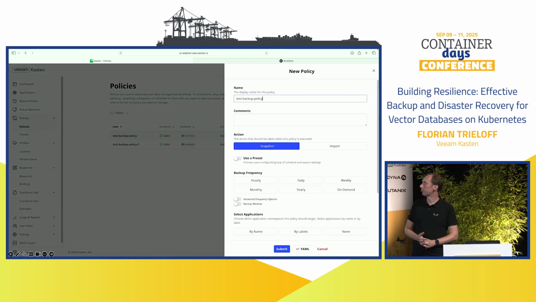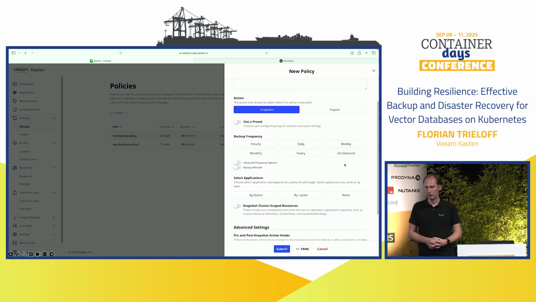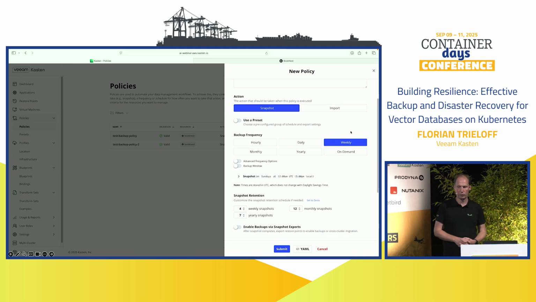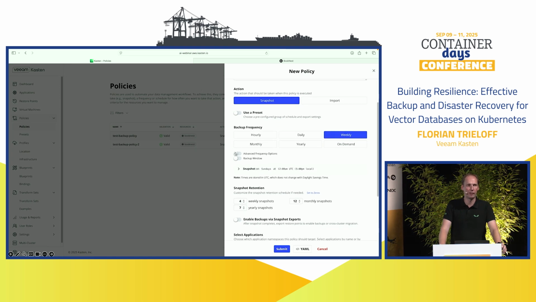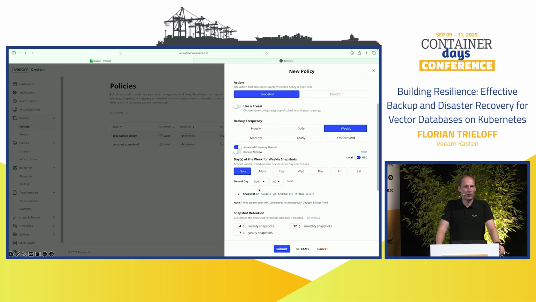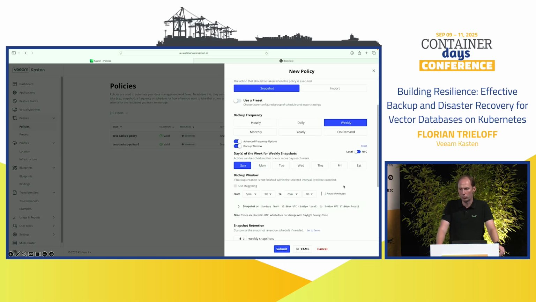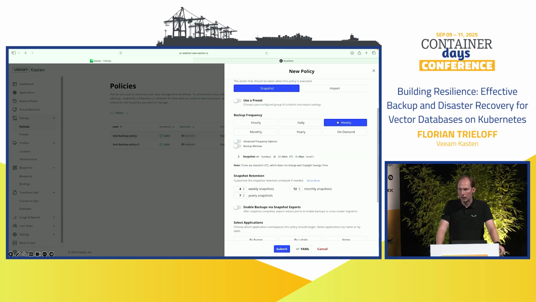our test backup policy here for our webinar. We're just doing this on a weekly basis here. Just setting some basic configuration, and all the parameters don't matter here in the end. We just want to run this backup once. So you can schedule this backup, you can use backup windows, however you want to set this here.